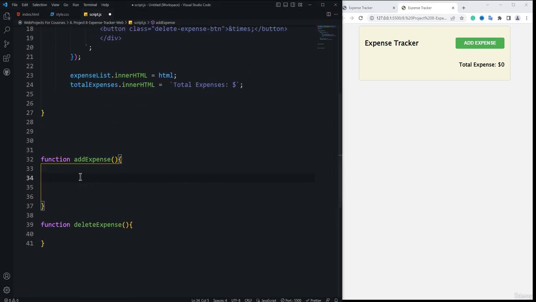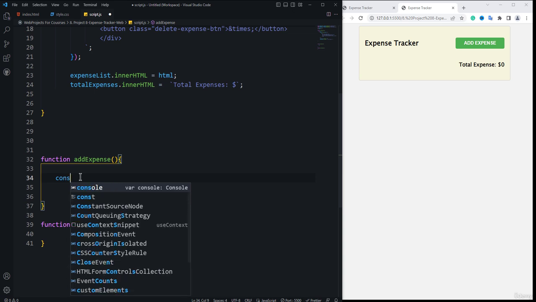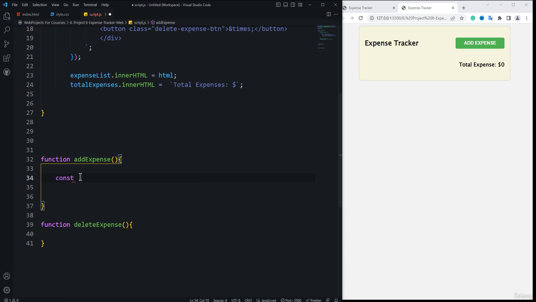So the first thing is we need to create the variable. So it's going to be const, and this is for the description. So description is equal to, and first we need to use a prompt. It is actually a string. So I'm directly using the prompt, and here I'm going to type 'Enter expense description'. Okay, and then this will prompt to enter the description, and after that we need to add another